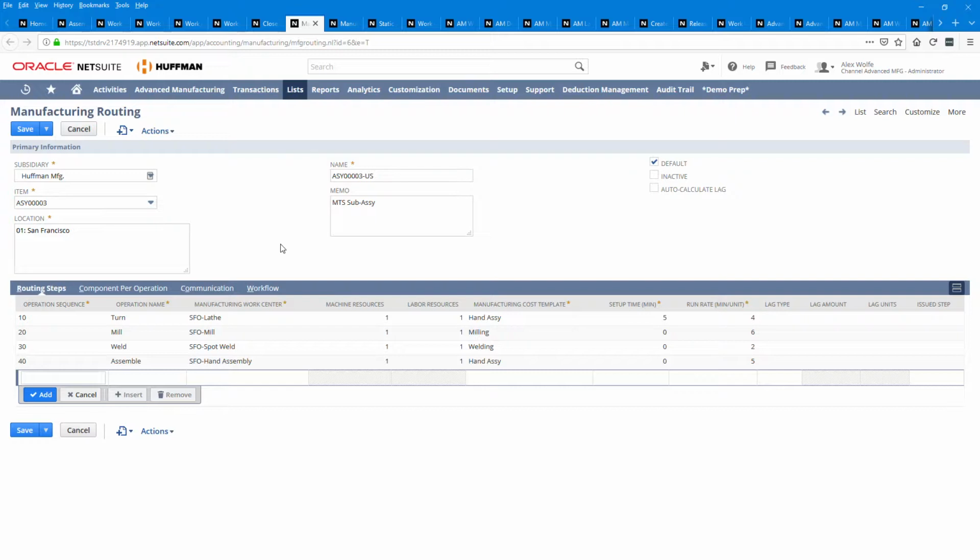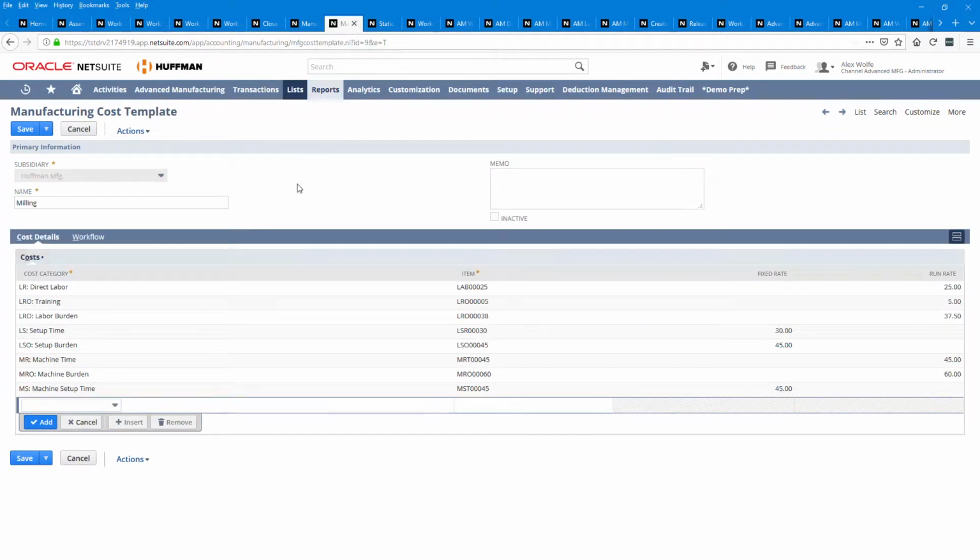Perfect. So like I mentioned, the routing is kind of where we pull a lot of things together, one of them being our work center and cost template. So let's go look at our cost template. What our cost template helps us do is we can pull in as many cost categories. A cost category is basically a record that we use to associate the impact of a manufacturing activity to a specific GL account. And then in addition to that, it gives us a high-level grouping that we can use for